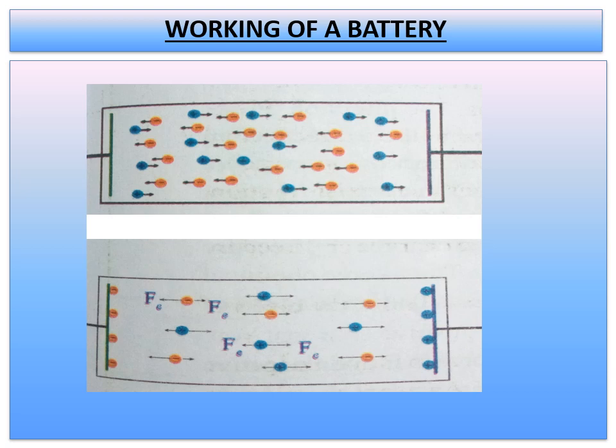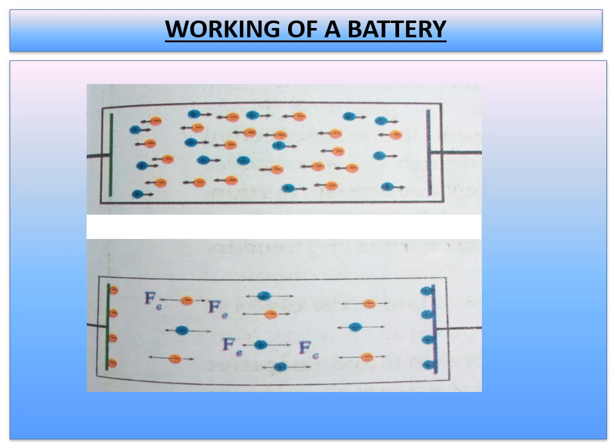And not only that, we have to remember what we have learned till now about the potential. If a positive charge moves from point A to B in a conductor, the electric field does some work to move this charge, that is W by Q for free charges. So then the direction of the electric field is from A to B, and we have to remember that A is at higher potential and B is at lower potential. So negative charges always move in the direction opposite to the electric field. So we consider that electrons move from low potential to high potential.